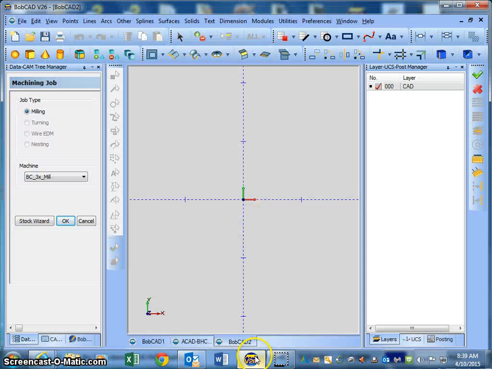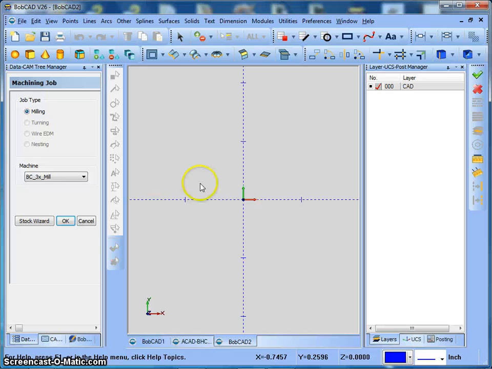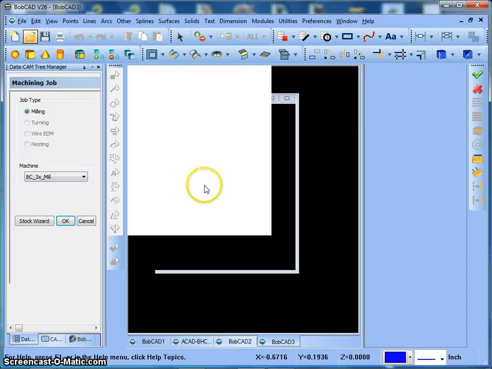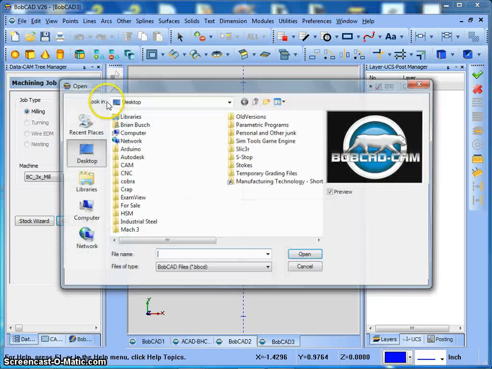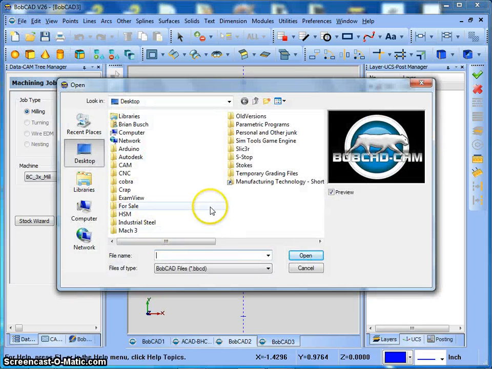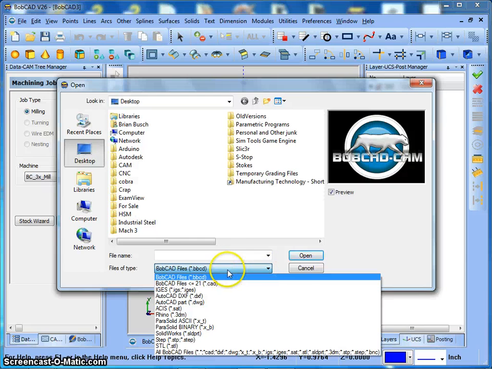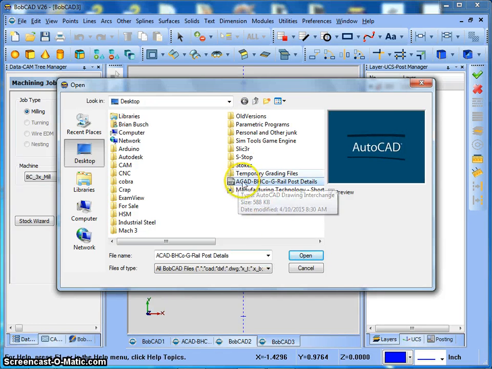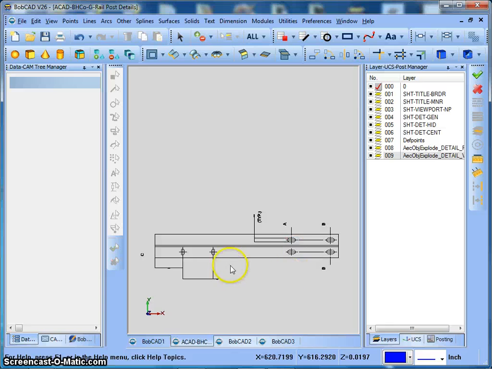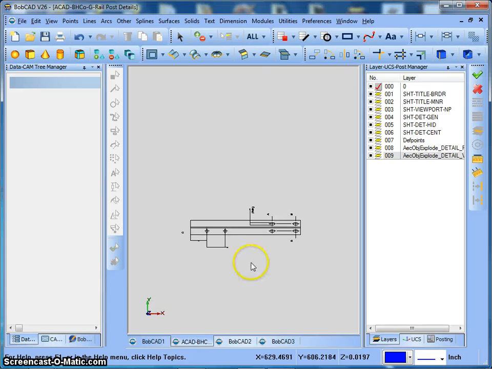But once you have BobCAD open, to open this DXF file, all you need to do is just go to File and Open. File, Open, and then navigate to wherever you saved it, and make sure you click this, because right now it's only looking for BobCAD type files. So click the drop down and go to All Files, and you'll see now I get more options. So here's the drawing I want to actually use. I'll say OK to that,